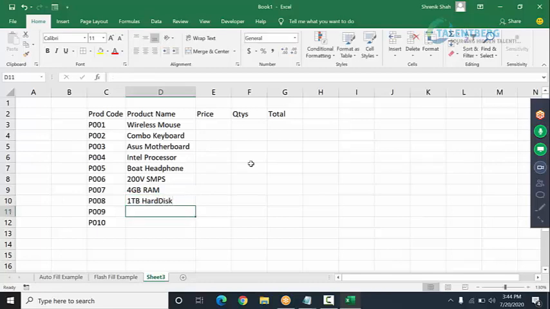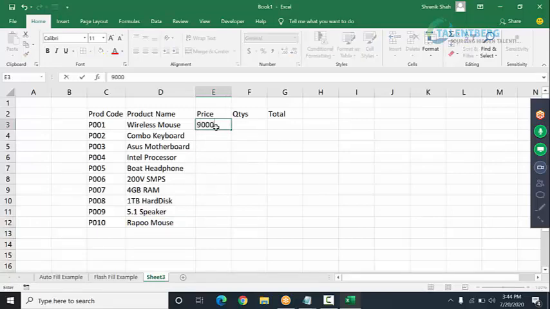The next I type here is a 5.1 speaker, and the last one I type is, let's say, again a mouse, but this is something... a mouse. Okay, so these are my product names. I type some prices in Indian currency, rupees. So let's say this is 900, then I type 1000 rupees, then 3500, after that 4500, then